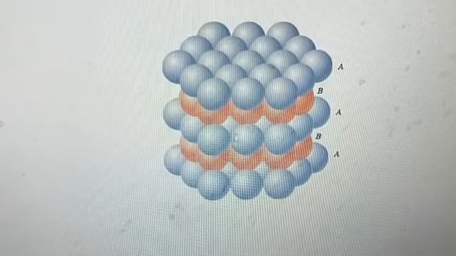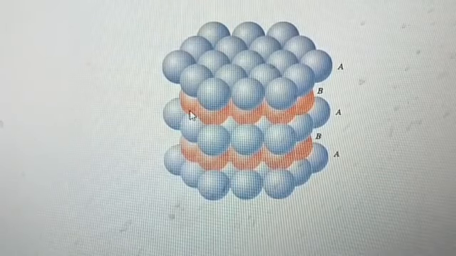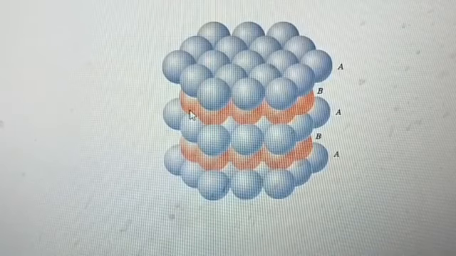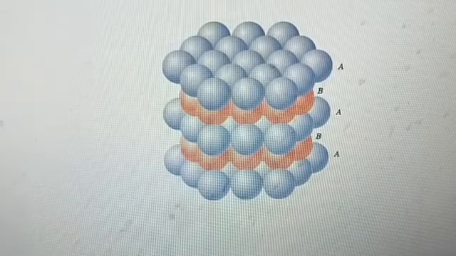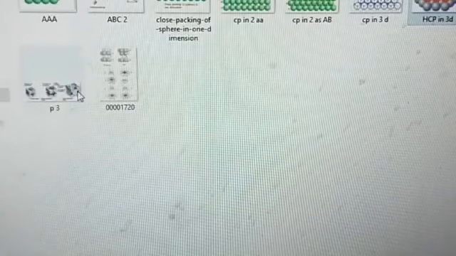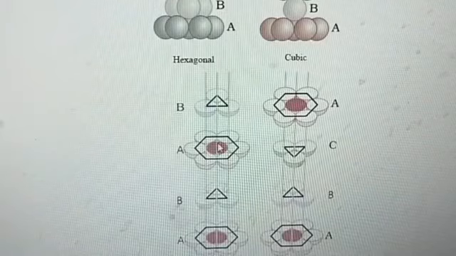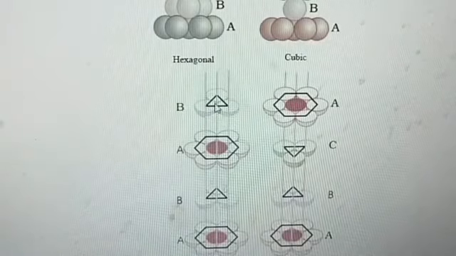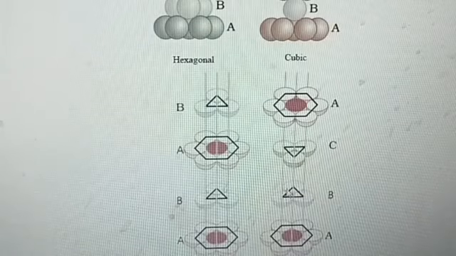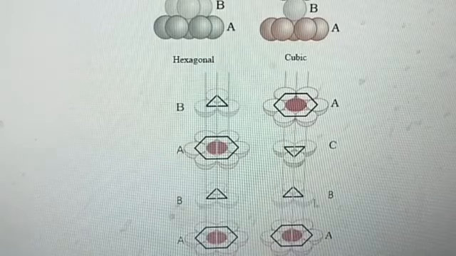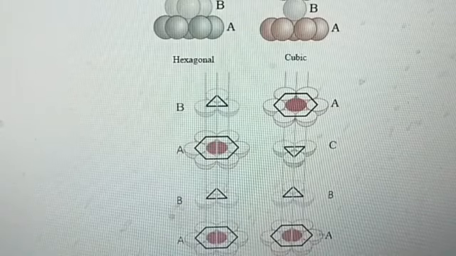Hexagonal close packed structure. We can observe it mainly in metals like magnesium and zinc. Why are we calling it a hexagonal close packed structure? Now see here, these voids should be covered, no? Now see here, the top hexagons are there, and in this layer a hexagon is there, and in this layer also a hexagon is there.